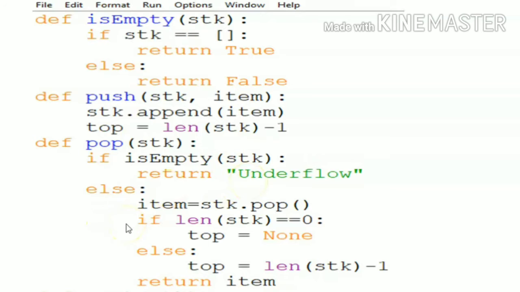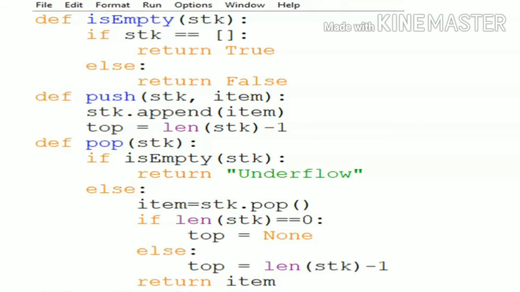Otherwise item equals stack dot pop, one element will be deleted from the stack and that element is assigned to item. Then if len of stack is equal to 0, it checks if all elements are popped or not. If so, the top will be set as none. Otherwise, top is equal to len of stack minus 1. Okay, then we return the item.